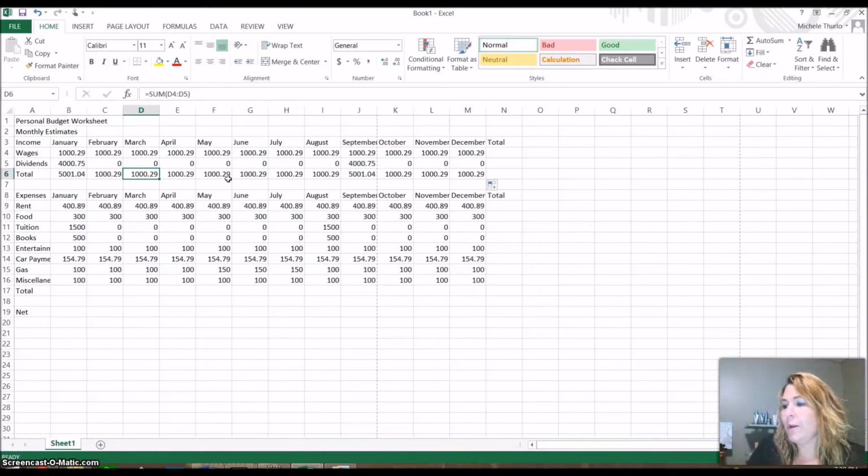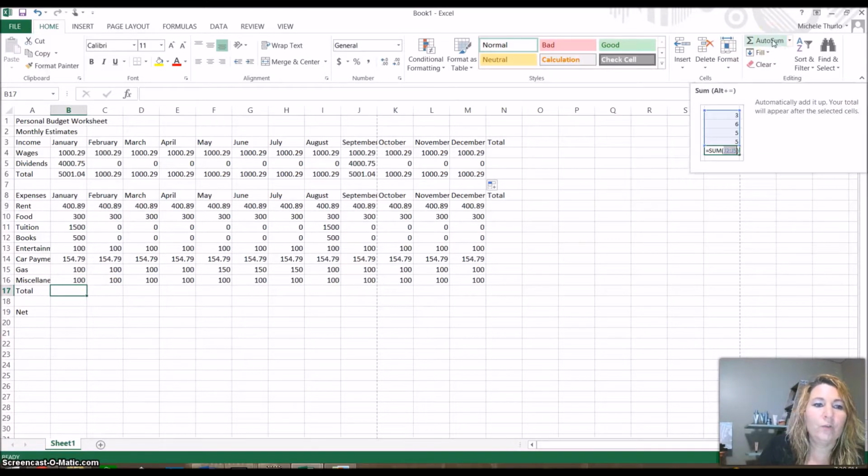Okay, next we're going to, I'm moving through this rather quickly. I've skipped some of the steps in your book because I've shown you an easier way to do this. Okay, so now we're going to come down here and we want to do the same thing with our expenses. We want to total up our January expenses, so I'm going to go to my total row under January in cell B17, hit the auto sum button,